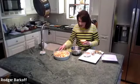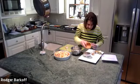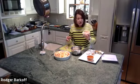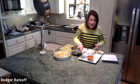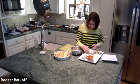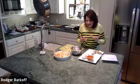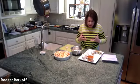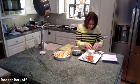Okay, on to the topping. So look at this, it's not oxidized. I'm taking my almond flour, putting it in the bowl. Some of my brown sugar, and some white sugar. You're saying, oh my gosh, are you giving us a sugar high? And why am I combining both white sugar and brown sugar? Well, the brown sugar gives it a molasses taste, and the white sugar gives it a crunch. So I'm using both. Okay, so I'm using cinnamon and nutmeg